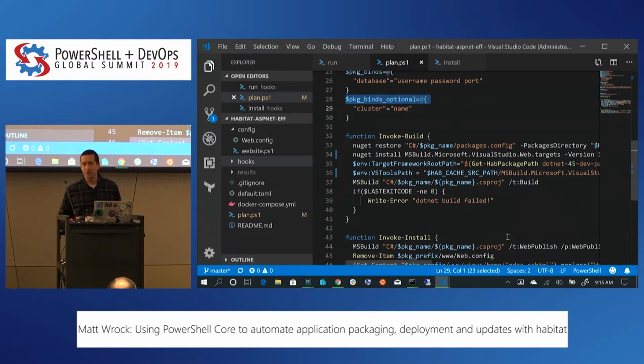Maybe I'm in an organization where there's another group, they've got their whole build thing, they don't want to mess with it, and they just want to give me a zip file. Maybe it's a COTS application. Like for example, the SQL Server plan, we don't build SQL Server, that's not even open source. And so you can certainly create these plans where you can consume something that's already built, but here we're going